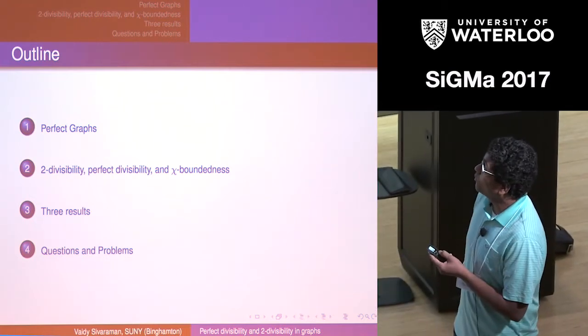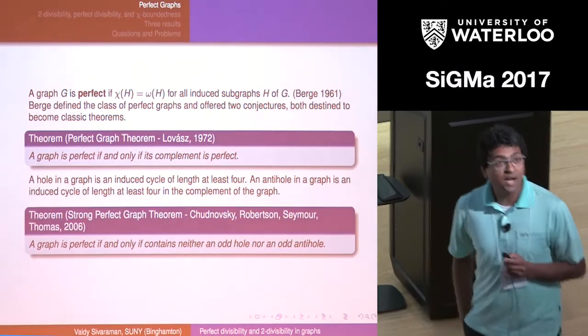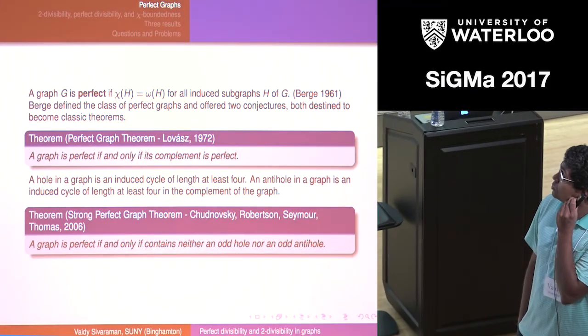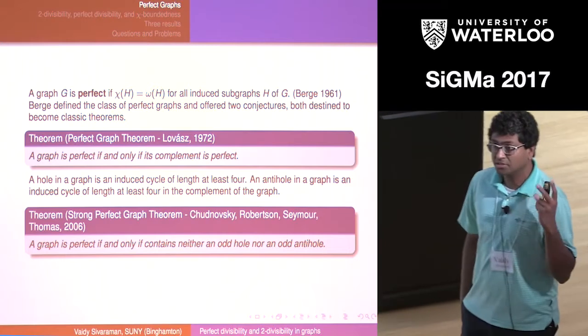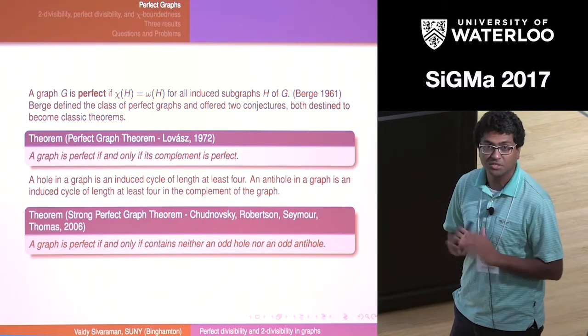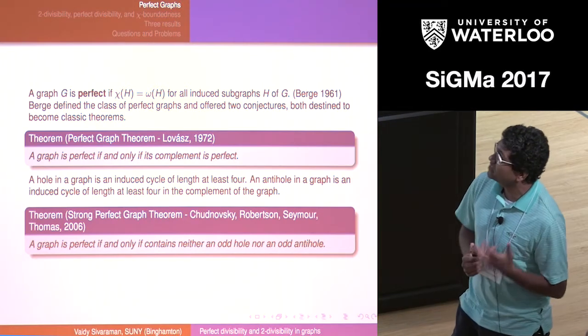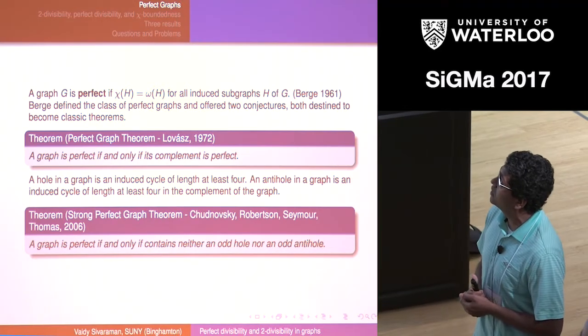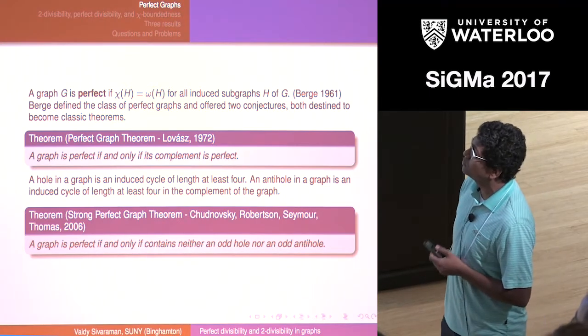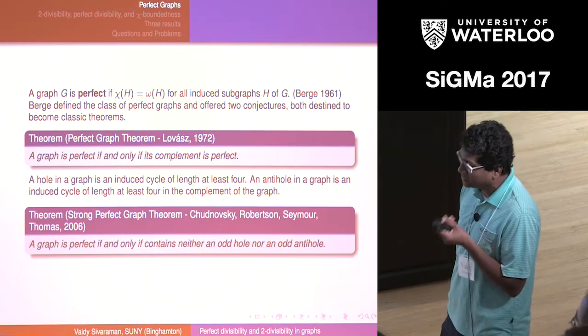Okay, so all of our graphs are finite and simple, and the notion of containment that we are interested in is induced subgraphs. So you take a graph and all you can do is just to delete vertices. That's all you can do. So it's a very strong notion of containment, and here is a classic definition, probably the single most influential definition in graph theory in terms of